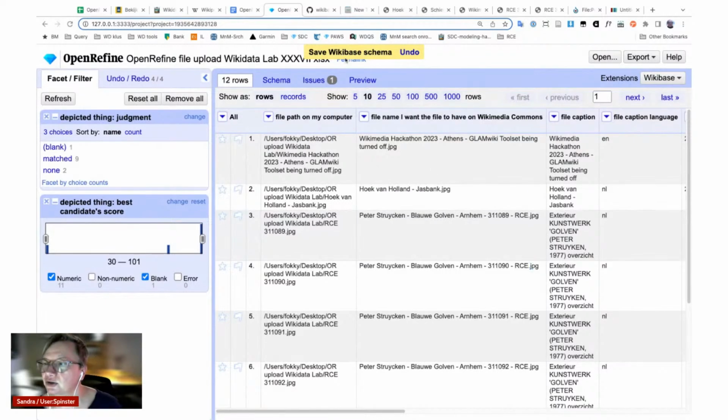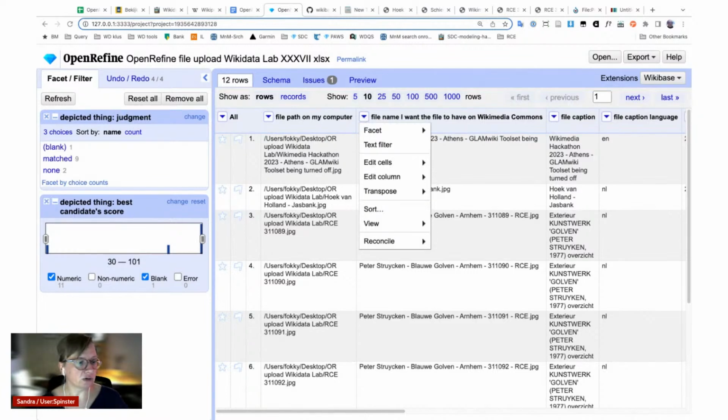Yay, hello. And then back to what I was saying before, I have to tell OpenRefine, okay, now I'm going to ask you to create new Wikibase items for me from the file name I want the file to have on Wikimedia Commons. So for the column of your file names, not any other column, this specific column, you could say, I can reconcile it against Wikimedia Commons, and then say, I want new files, but we have a shortcut for that now. You say reconcile